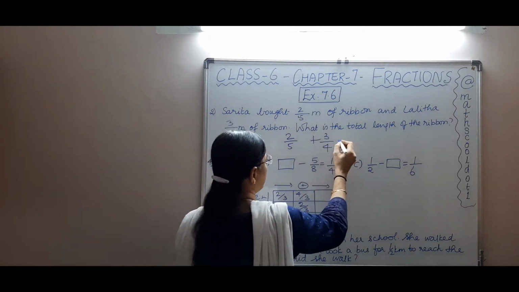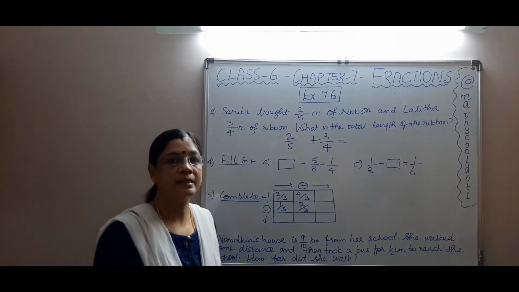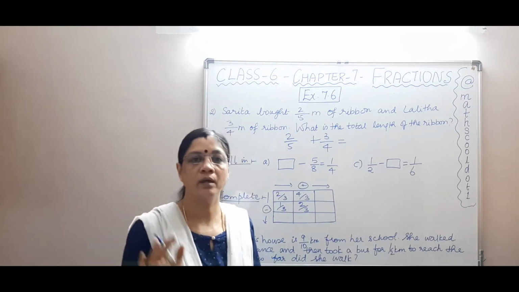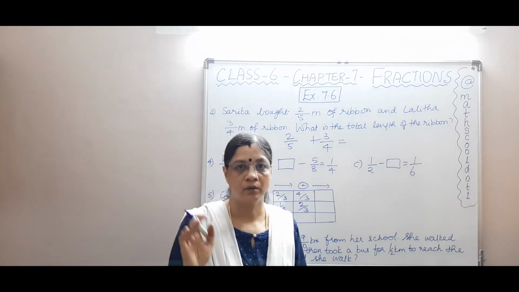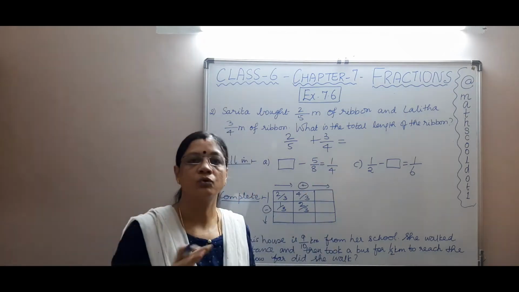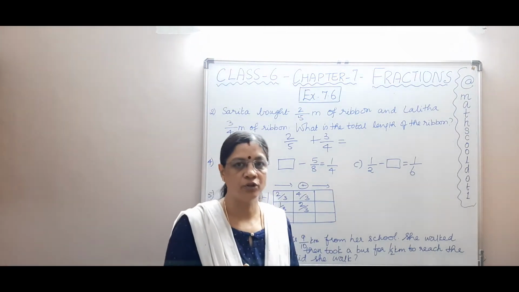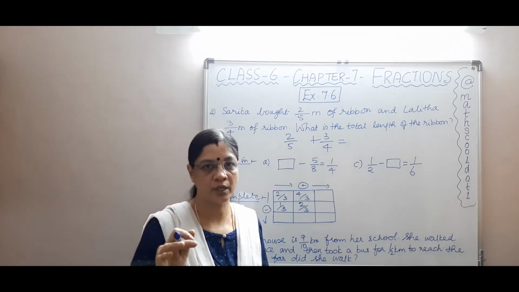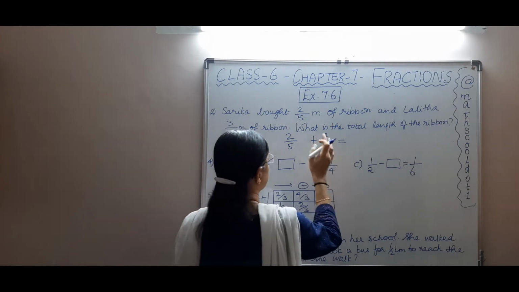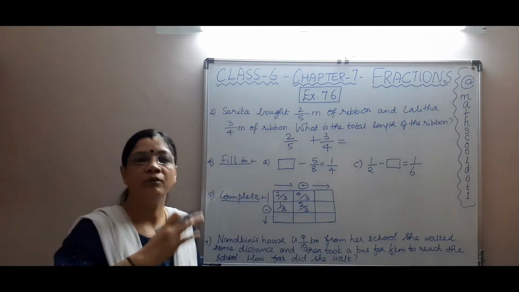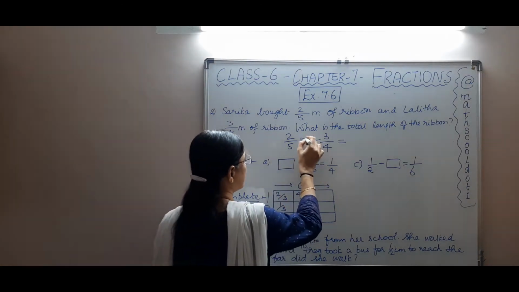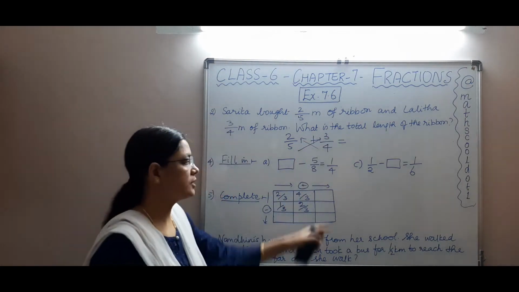Now 2 by 5 plus 3 by 4. Now see, these denominators are different, isn't it? So when they are different, what do we do? We find the LCM. If you find it difficult to find the LCM, just multiply them, so 5 into 4. At this point I would like to tell you one thing. If you find it harder, just follow this step to convert unlike fractions to like fractions. What you do is you just cross multiply.